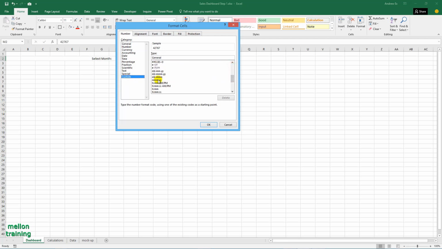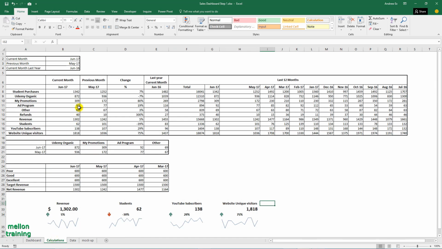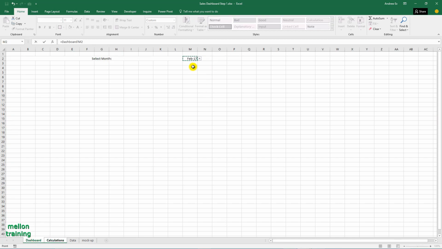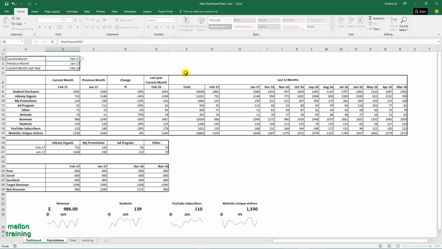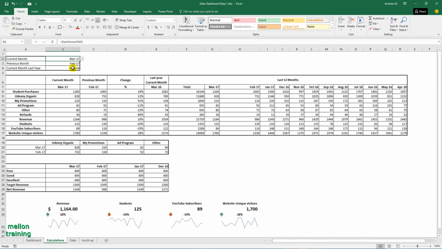Great. To connect M2 with B2 from the calculation sheet, we will make a reference. So type equal M2 and enter. Now every time I change the month from the month filter, the current month changes in the calculation sheet.